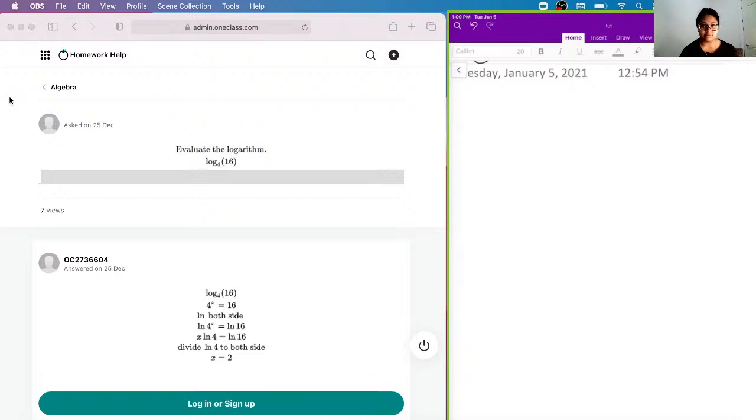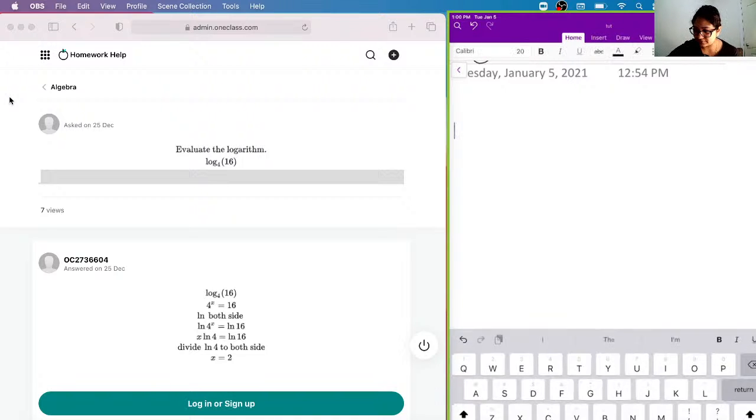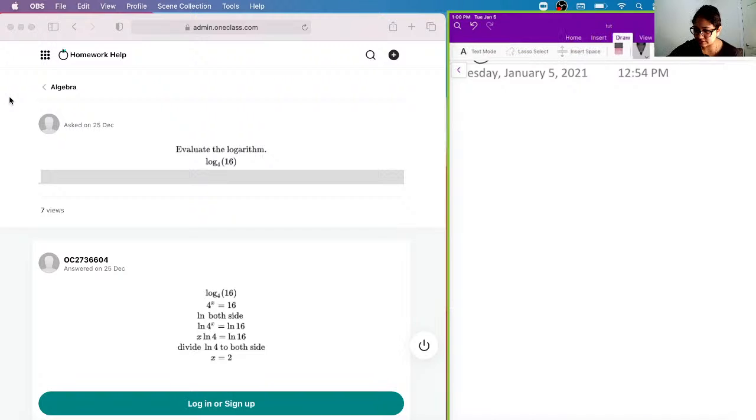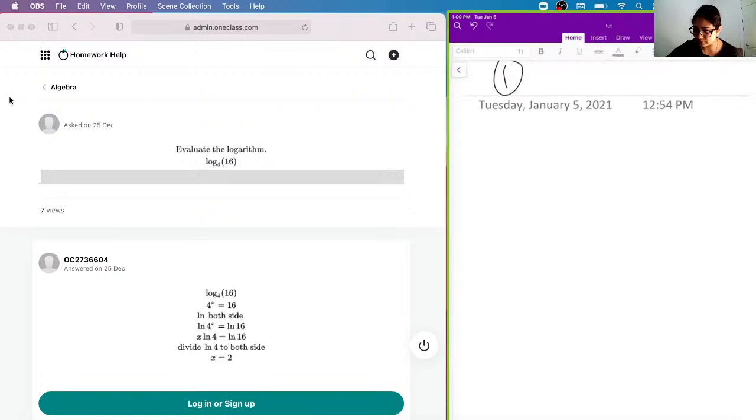So we'll get started right now. The first question says to evaluate the logarithm log base 4 of 16. To evaluate this, what we're trying to say here is to find what this equals. So if you have log base 4 of 16,